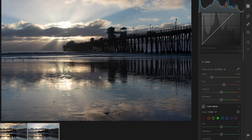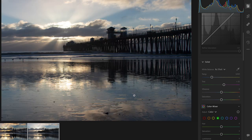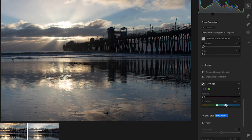We need to process it and bring the picture up to speed so we can bring out the color and the textures exactly how we want them to be. So this is the original here, and the finished product is this one. So I'm just going to do some quick processing on this raw file and take you through the steps on how that's done. The first thing I do